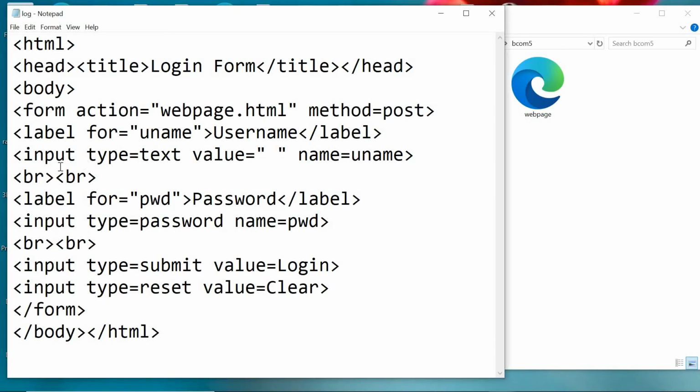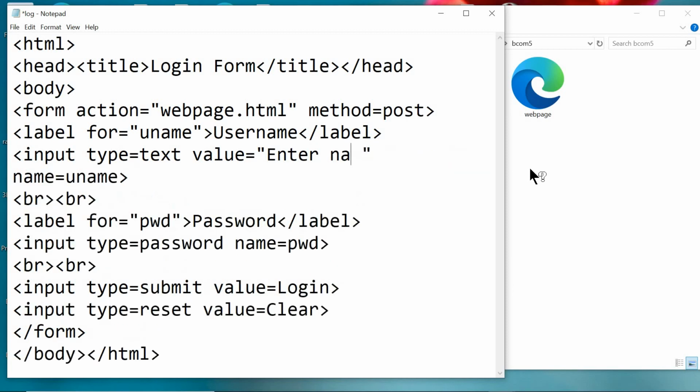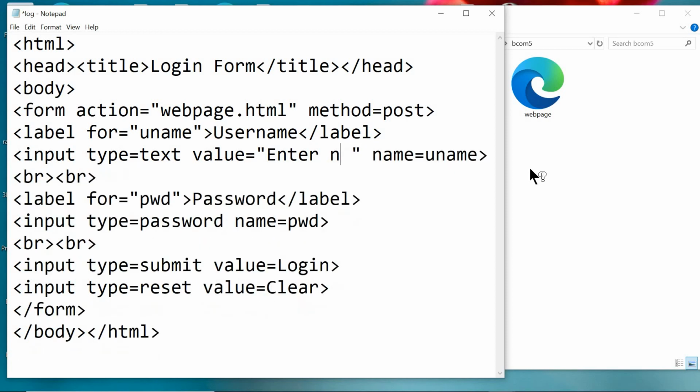Now back with the input tag, where value we have kept it blank. When we keep it blank, nothing will be displayed onto the web page. Right now we will enter some data here for username, that is enter name, or username also can be entered.